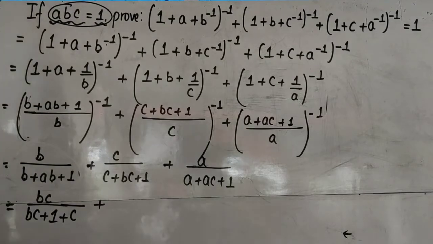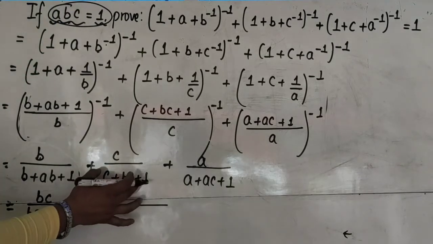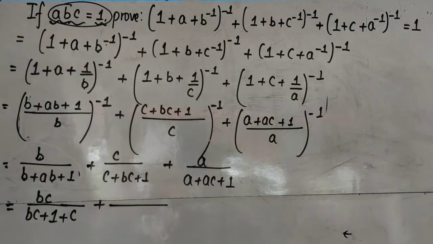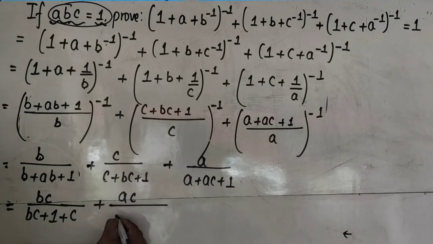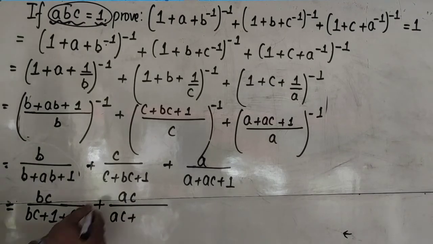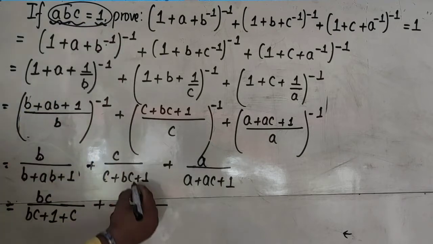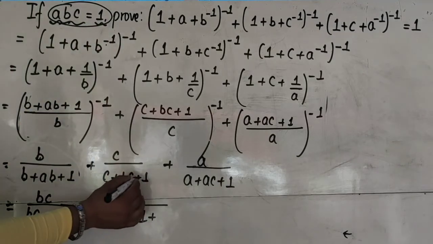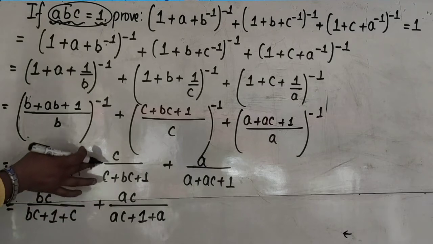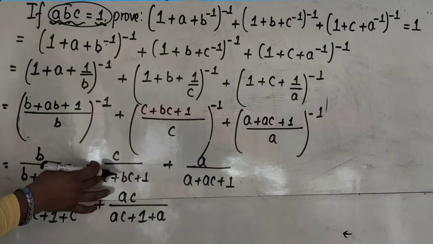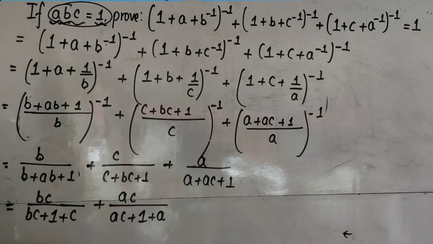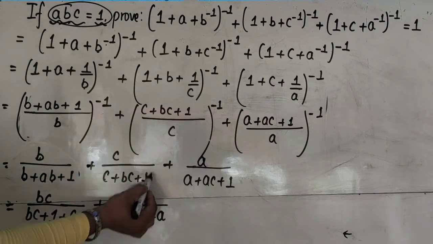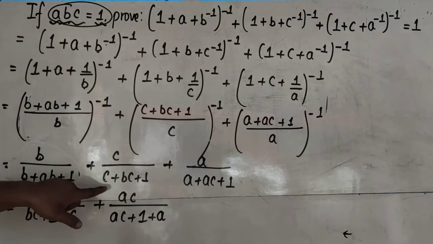We apply the same thing here. In this second expression, I didn't see a. So when I multiply C with A, I get AC. But when I multiply C with BC, I get ABC, and ABC is equal to 1. And A multiplied by 1 gives us A. So I multiply A in the numerator and A in the denominator. I have explained the reason why we multiply: we don't have A in this expression. So I am multiplying this second term by A.